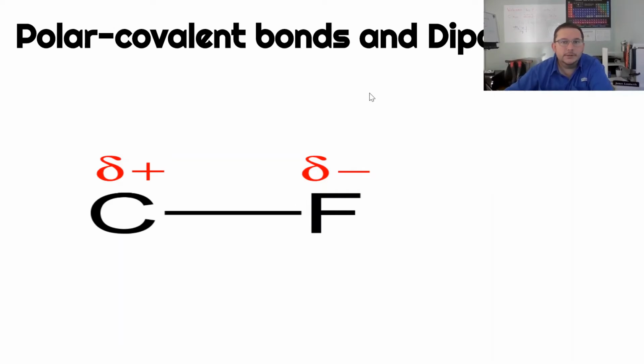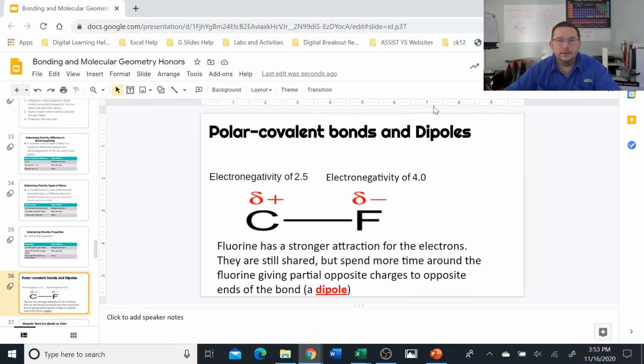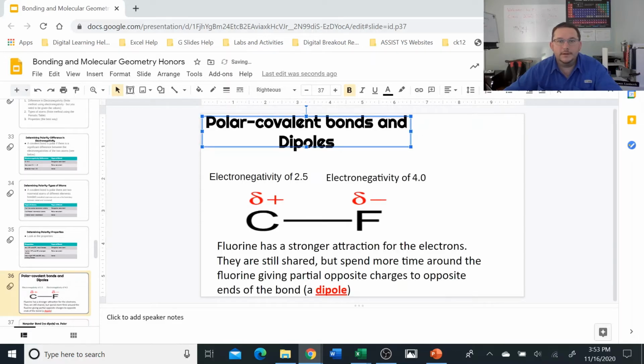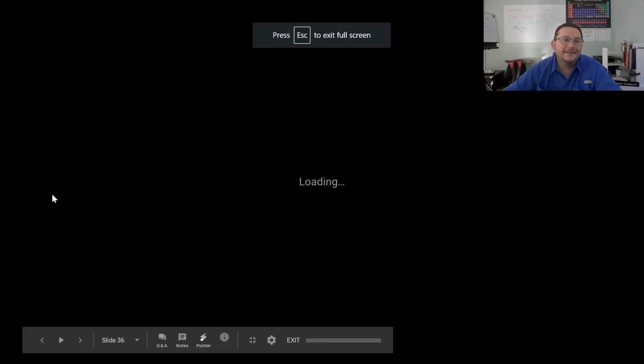So just looking at this here, let me fix this real quick. I just have to get it out of the way. So right here we have polar covalent bonds and dipoles. So when you're looking at these, sorry, I'm still working here. When you're looking at these